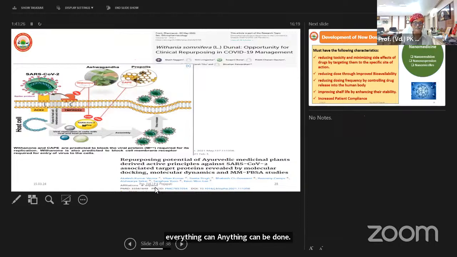Now technologies are available, and younger students, younger scholars, and younger scientists are coming with a different mind. Generally, they are not prejudiced, so they incorporate many things in their minds, and from that we can find many things. So this is an example: repurposing of the potential of Ayurvedic medicinal plants derived active principle against the